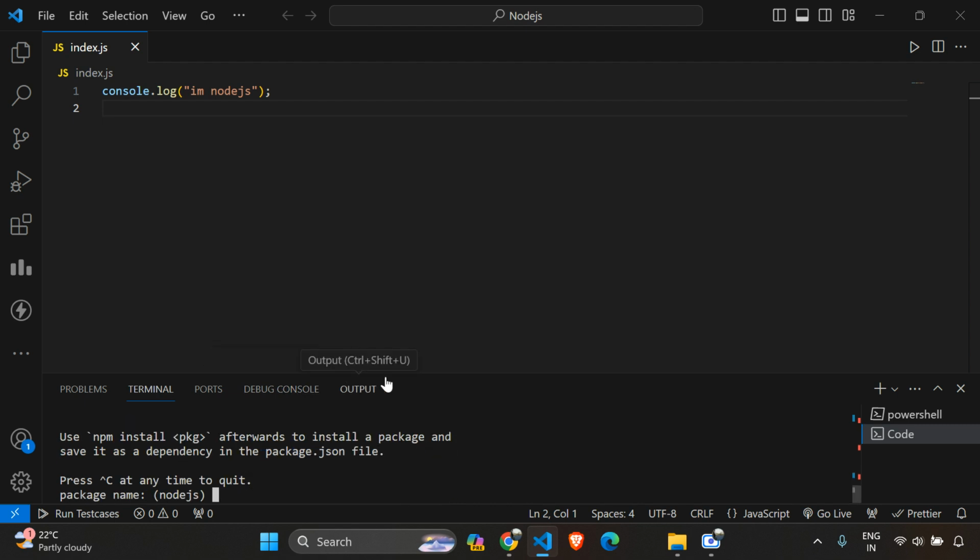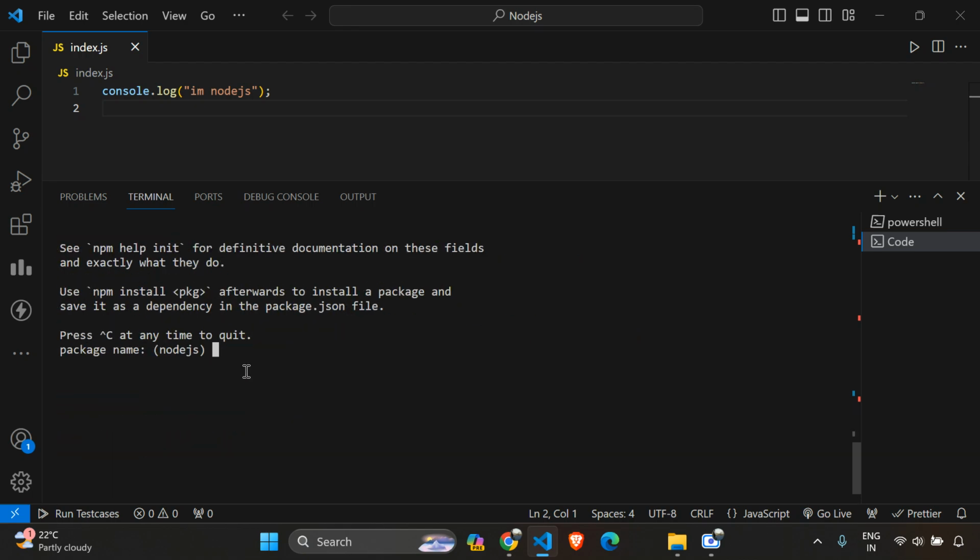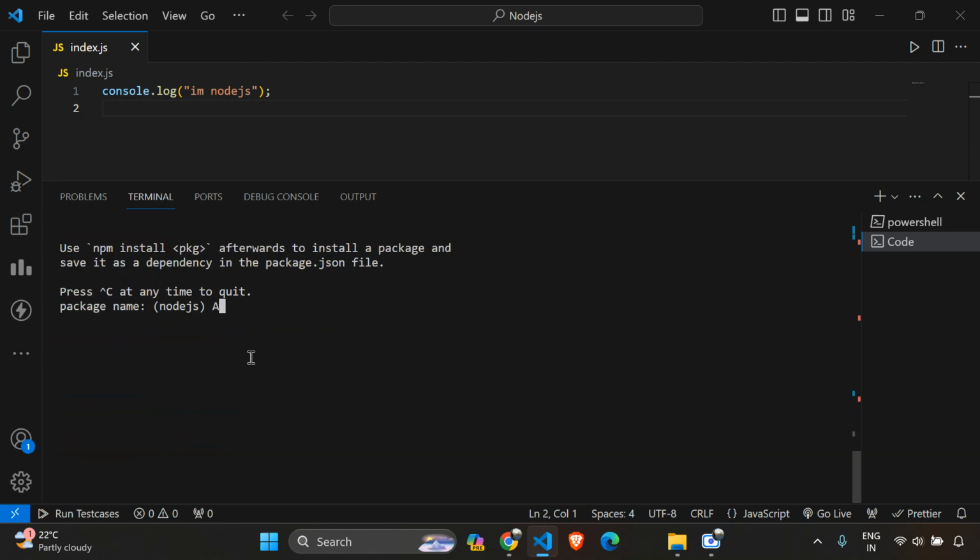Here you can see I have this one. They are giving me some options. I shall have to specify the package name. I'll just keep it as my name, and name can no longer contain. Okay, so that has been changed. I will keep it to Arfan Sabah. And after that the version, 1.0.0. Okay, you can use it. And the description I want to give, here I will be writing in the quotes, this is our Node.js course.